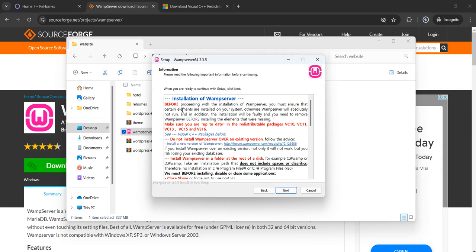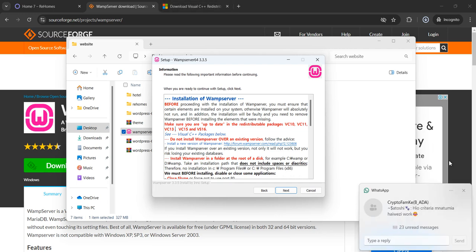So you see that before proceeding with the installation, you must ensure that certain packages are installed on your system. Now this is where I was saying that we need redistributable packages, VC10, VC11, VC13, VC16, and the rest. And we are told to not install over an existing version. So to get all these VCs, I normally go to Google